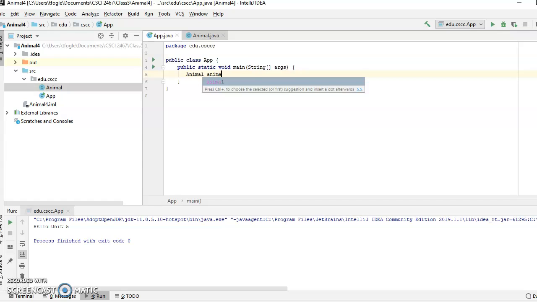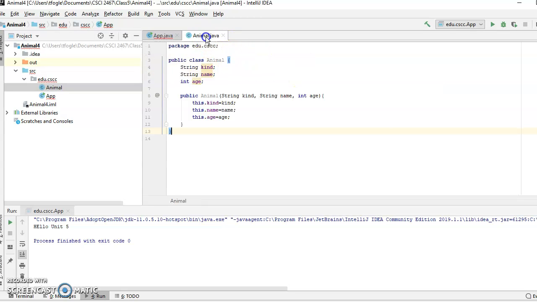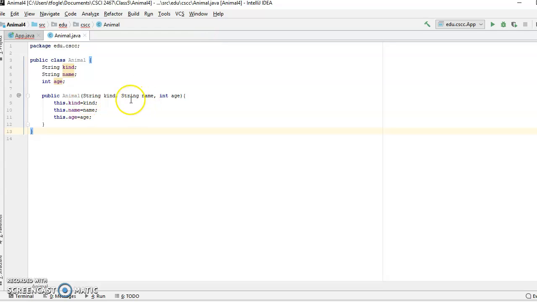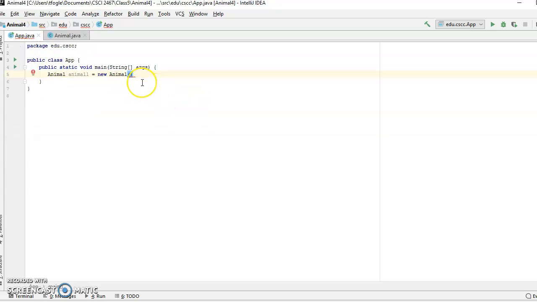And what's my object name going to be? I'll say animal1. All right, is equal to a new animal. All right, and then I need to define it. Okay, what are my definition possibilities? Well, I can give it a kind, I can give it a name, I can give it an age. So I'm going to go over here, and for this, I'm going to say